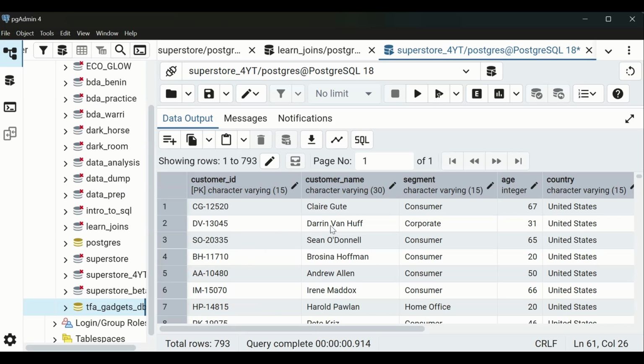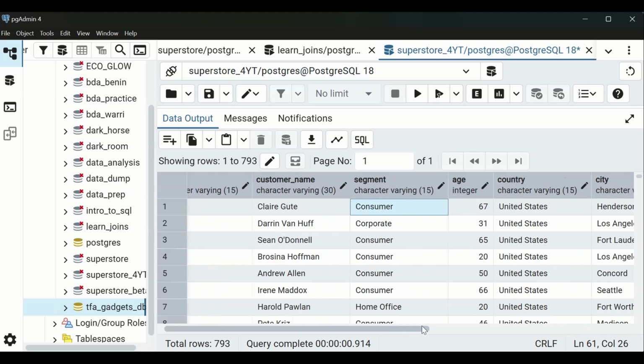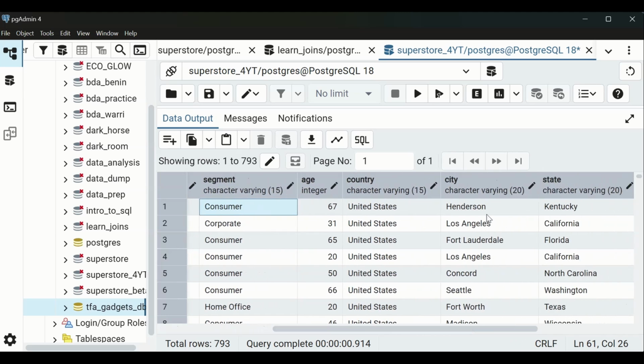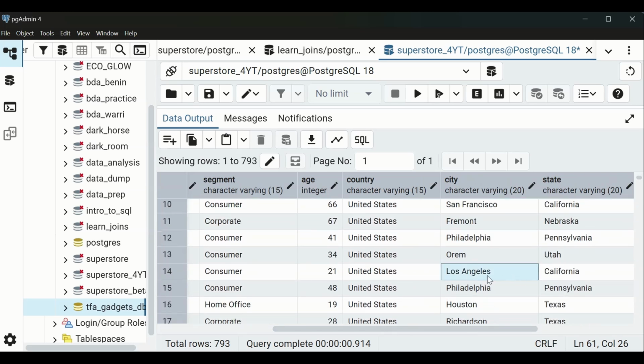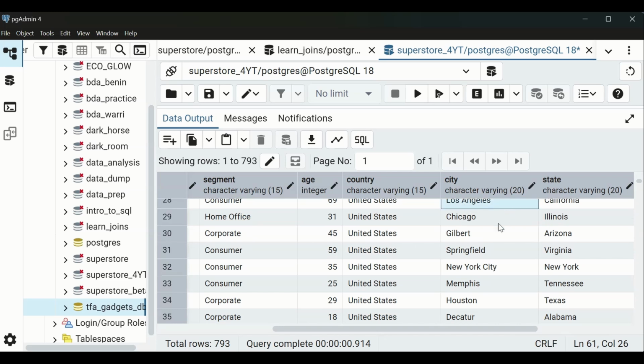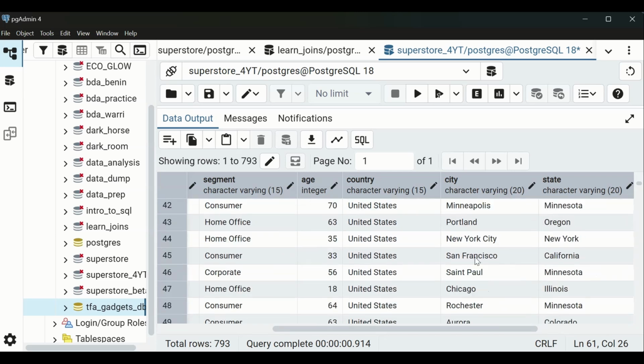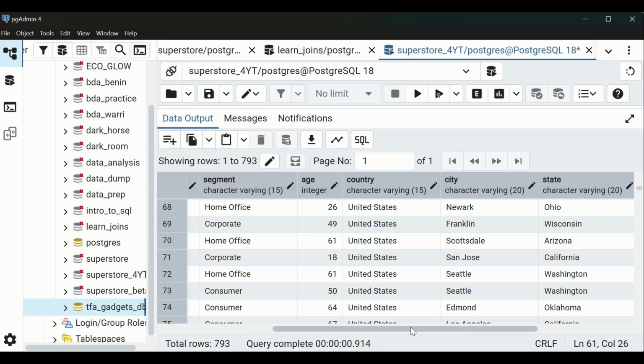Now, what are the questions we can likely have from this data? For example, how many consumer segments do we have? Let us see the consumer segments only. Or let's see the total cities. Of course, you can see that these cities are duplicated. See Los Angeles again, and of course Chicago. Everything is duplicated. We can't really tell. We keep getting back 793,